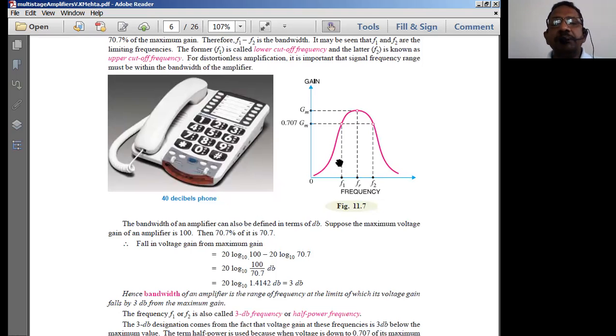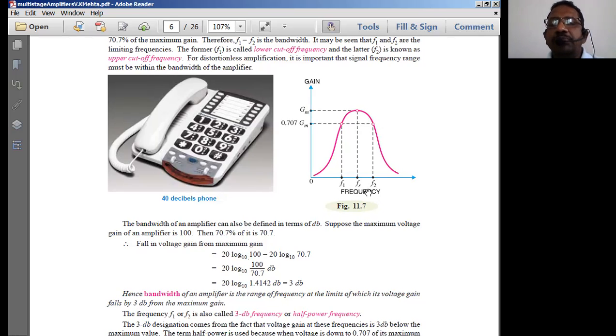So if you use a multi-stage amplifier, somewhat the bandwidth has been increased, where before F1 the gain is very low, less than 3 dB gain, and after F1 the gain increases to the maximum, which lies between the maximum and 3 dB gain. 3 dB gain is known as the half power gain, which we already discussed earlier. So we normally consider the gain between GM and 0.707 GM as the useful gain of the amplifier.